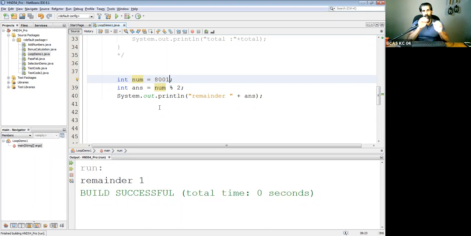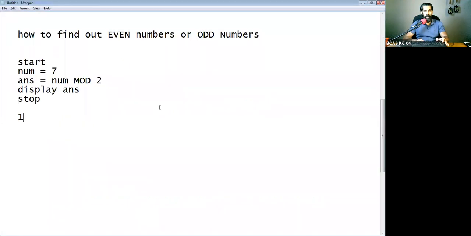Okay. So now we found out the remainder and we were displaying this one. Now, if I ask a question like this, we will see how we can do that part, right? We say write a pseudocode